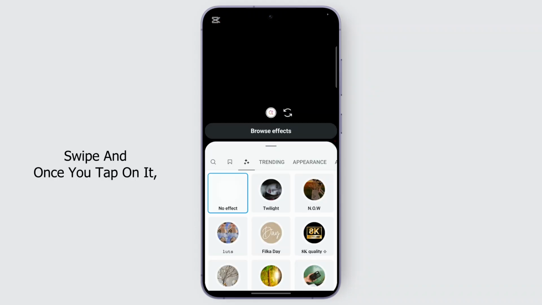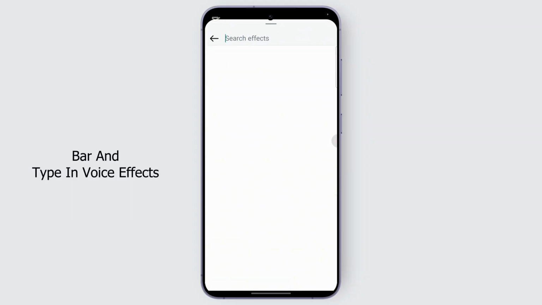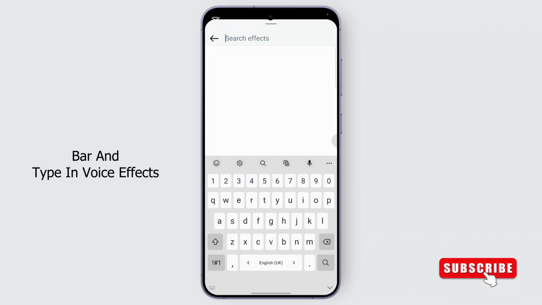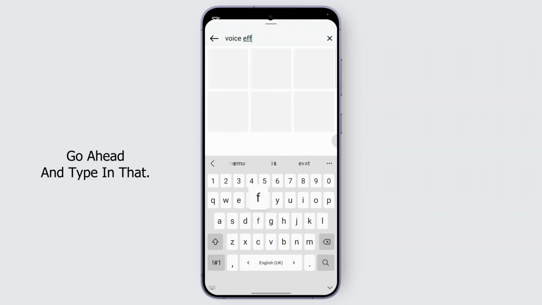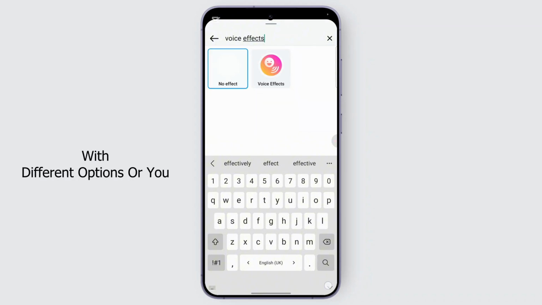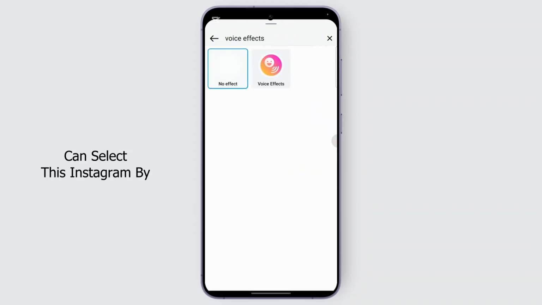Once you tap on it, this opens up. So what you're gonna do is from this browse effects, you're gonna go to the search bar and type in voice effects in this section. Go ahead and type in that. And here you will be given different options, or you can select this Instagram default feature filter,